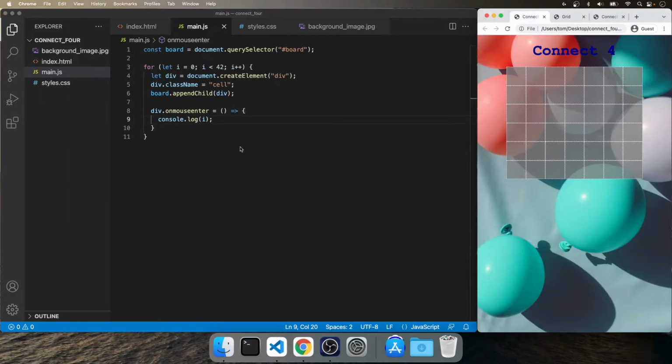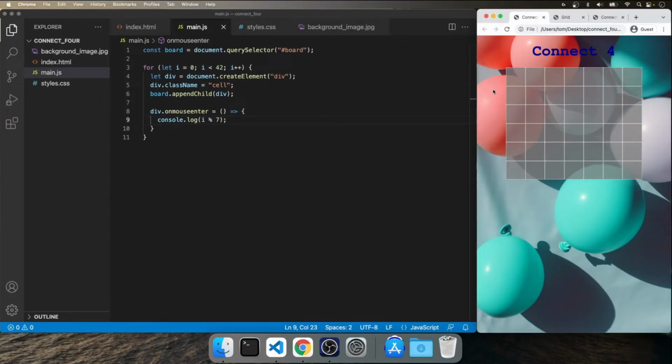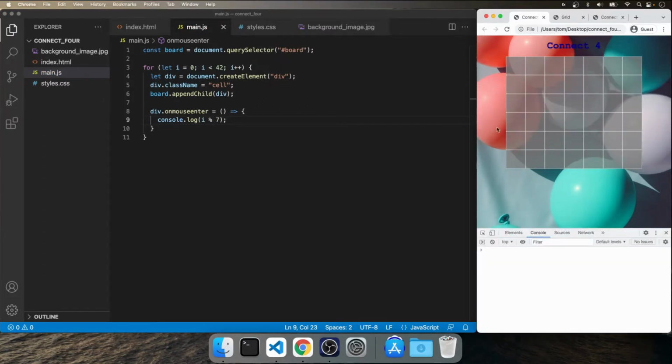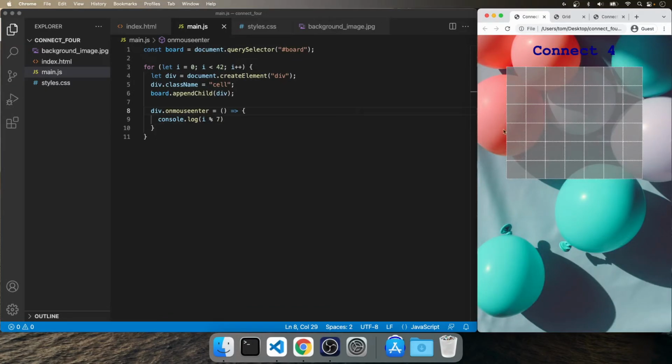To see that in action, I'm just going to update my console log now to be i mod 7. If we save that, and I refresh the page, bring up the console log. Now when I hover over these, rather than getting the index, I'll get the column number. Next I'll implement it so that when I hover over a different column, we actually add a piece at the top of the appropriate column that we can see. And when we move to a different column, we remove the old piece position